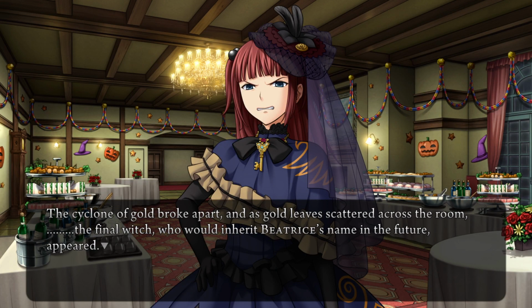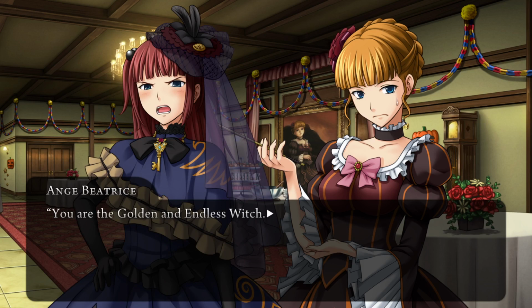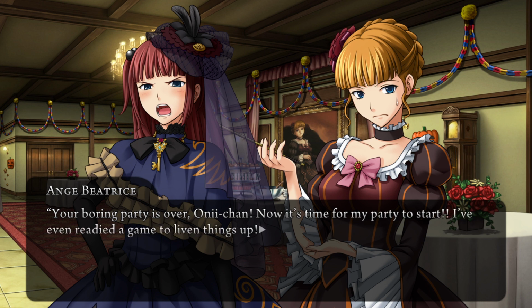The cyclone of gold broke apart, and as gold leaves scattered across the room, the final witch, who had inherited Beatrice's name in the future, appeared. I like her little hair baubles turn black. あんたは黄金と無限の魔女。私は違う。黄金と真実の魔女。いかなる幻想も私を拒むことはできないわ。Cool, you got like a cool weapon? あ、お兄ちゃんの退屈なパーティーはもうおしまい。Delena has their swords, and Erica and Bern kind of have like their scythe thing. What do you got? ここからは私のパーティーになるわ。パーティーを賑わせるゲームだって用意してきた。よろしくね、エヴァおばさん。